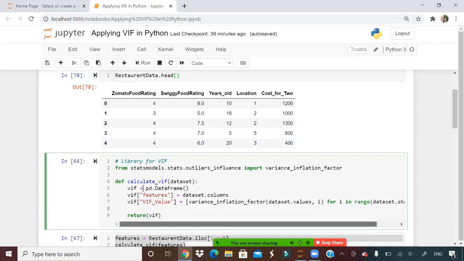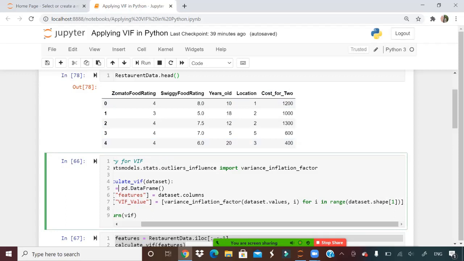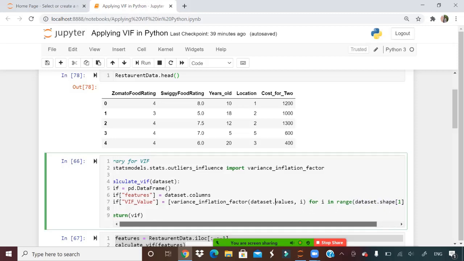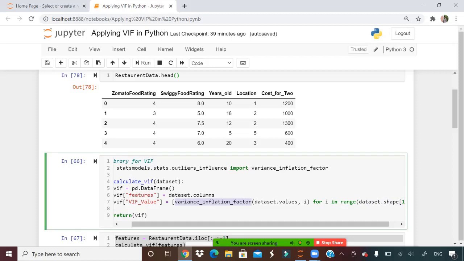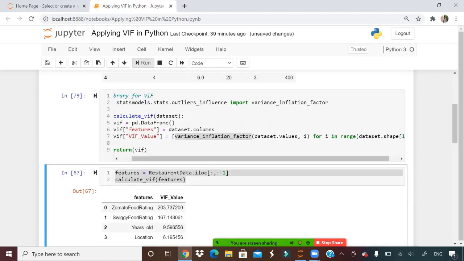How is VIF created, guys? variance_inflation_factor(dataset.values, i) for i in range(dataset.shape[1]), which means take all the columns one by one and give me the VIF values. That's all, simple. Variance inflation factor is a pre-built function in Python. So let me define this function.